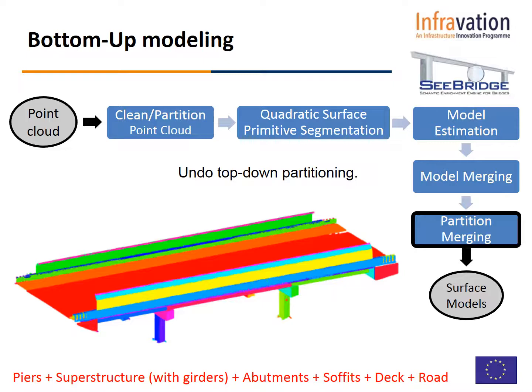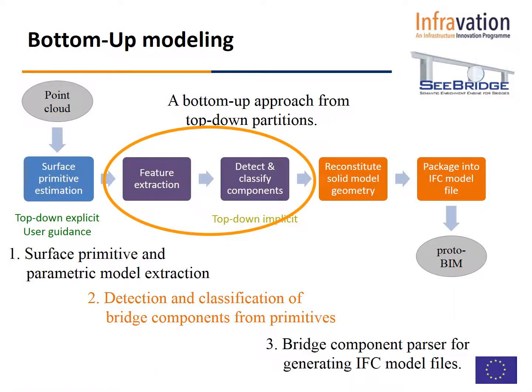We've taken now, in this case, a 2 million point cloud, and we've reduced it to about 280 different surfaces. The next step is to take all of these surfaces, look at their geometry, look at their placement, look at their neighbors, and say, okay, what kind of component does this surface belong to? And in addition to that, what kind of geometric shape should be associated to that particular